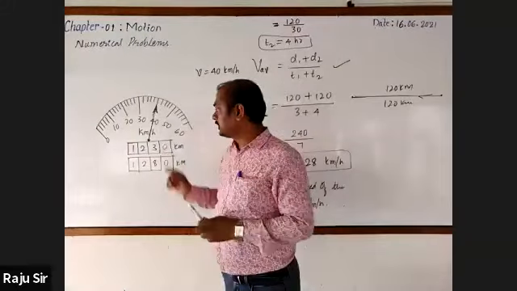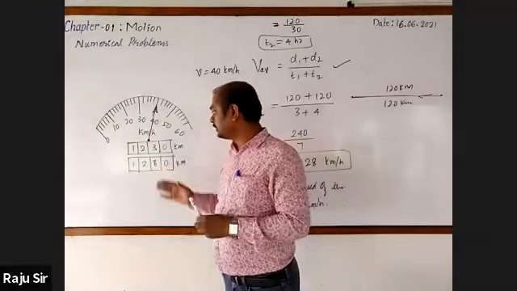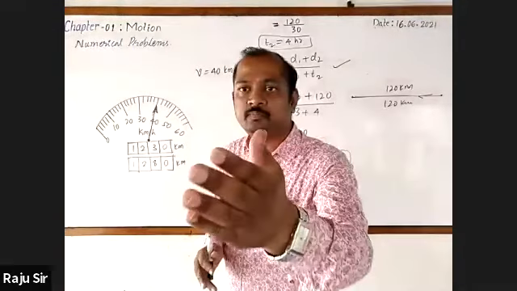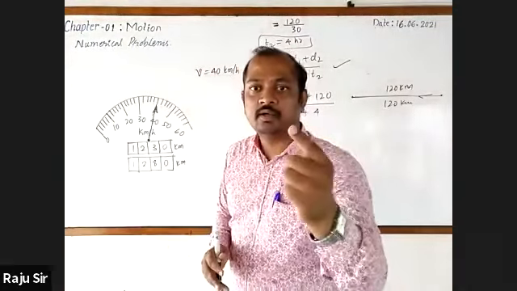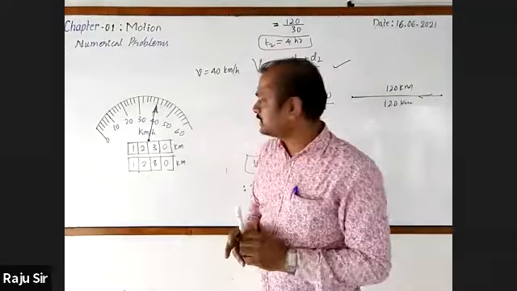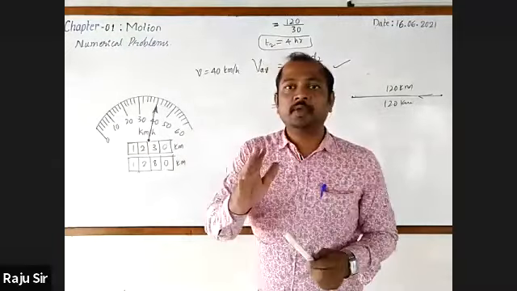50 kilometers. Enough, 50 kilometers, sir. Okay. Initial reading is 1230. Final reading is 1280. Lavanya, students are telling that we have covered a distance of 50 kilometers. Is it right?